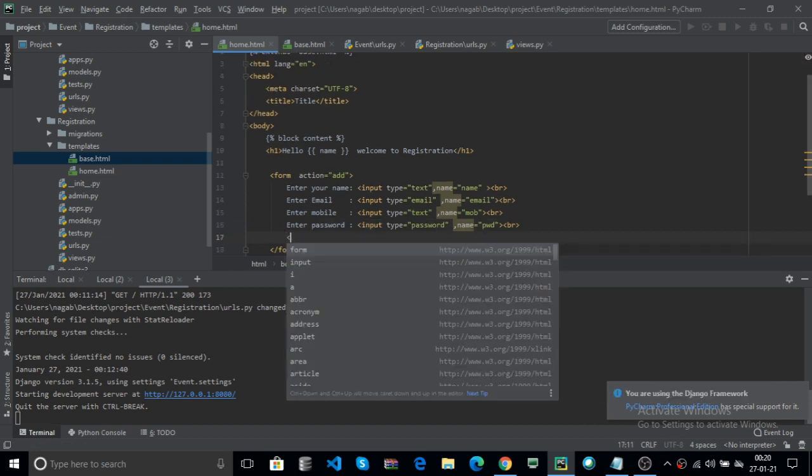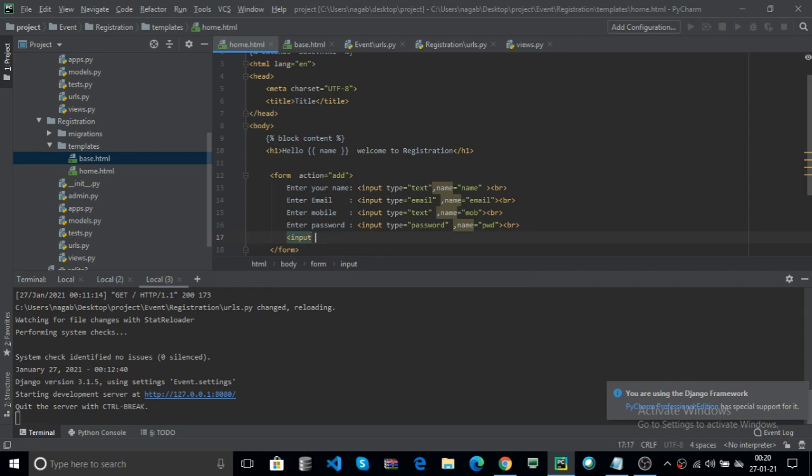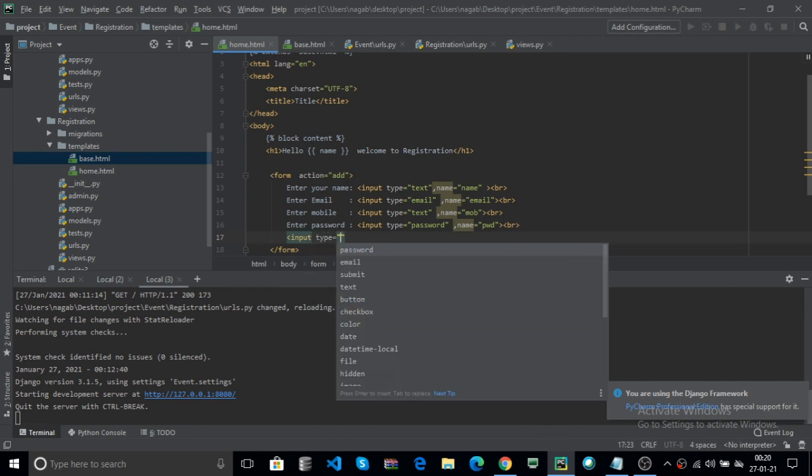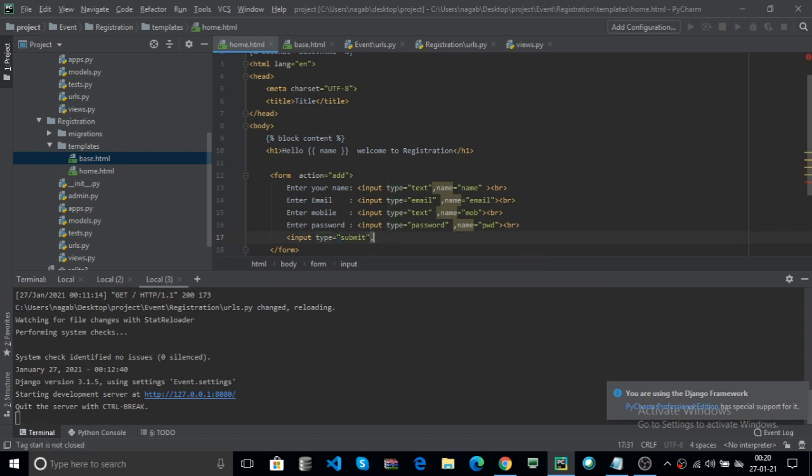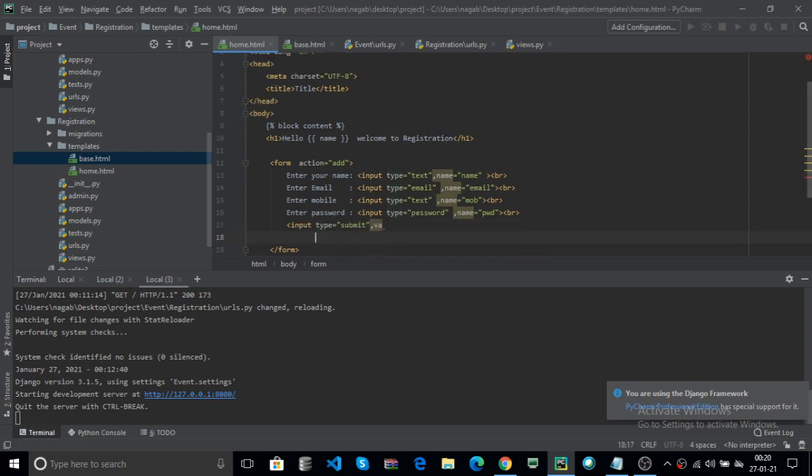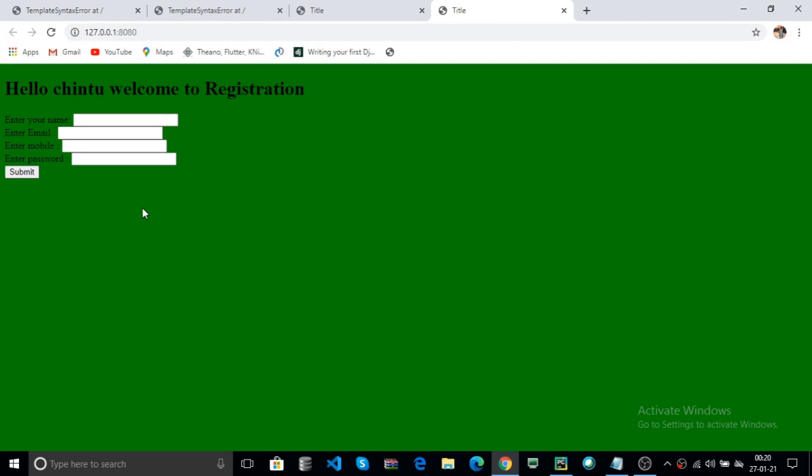Now finally, input type equal to submit to submit your form, value equal to submit. Now this is the one form. Now you can open your file here, this is the one form.